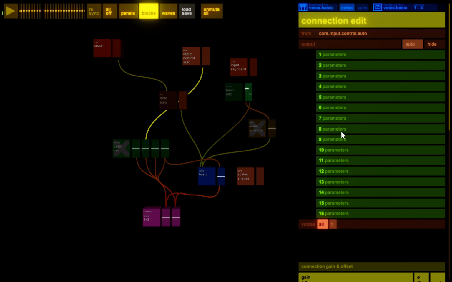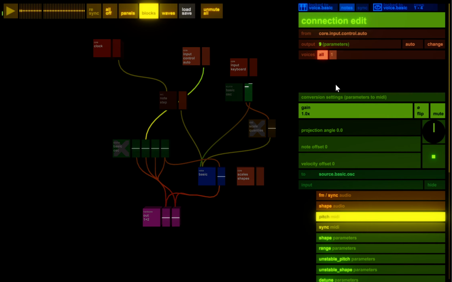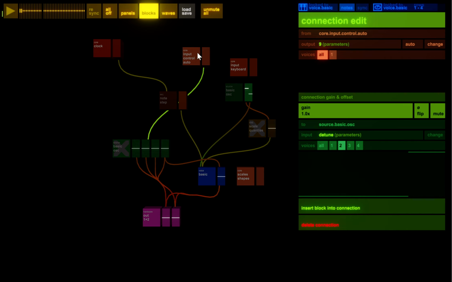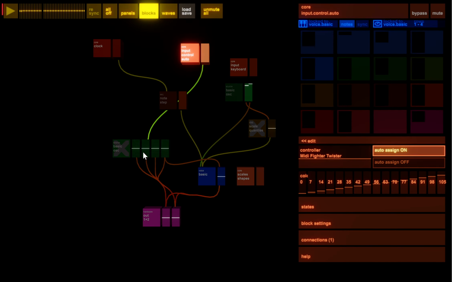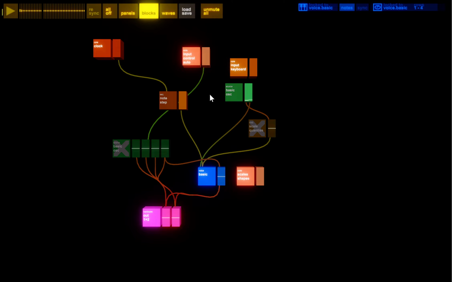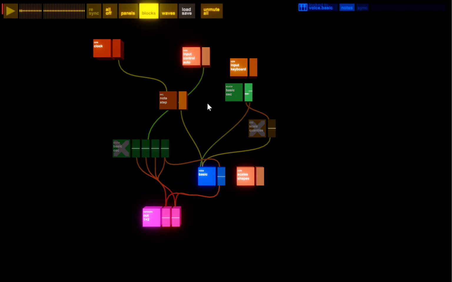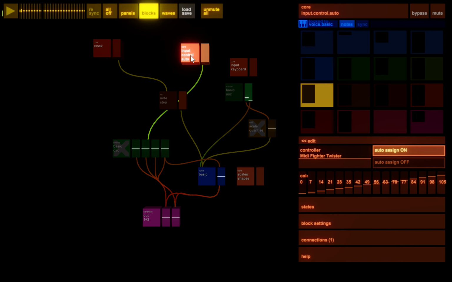It has auto, so I'm going to just turn a knob and it selects it. And then you assign to where it's going. There you go. So now I've made a permanent mapping from this MIDI controller, but that's only active when it's not doing its auto assign mode thing. And the LEDs on the controller will go to a different state, only the ones that are connected to something light up, and you can choose the colors for them over here.